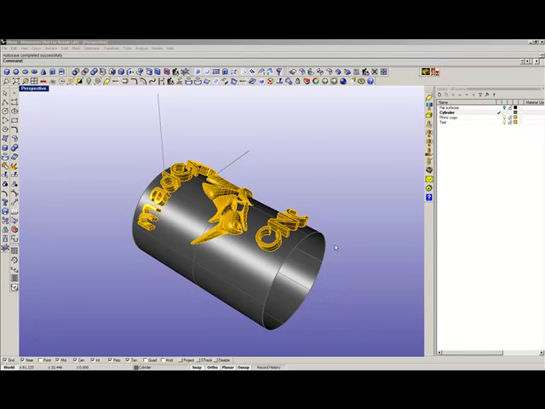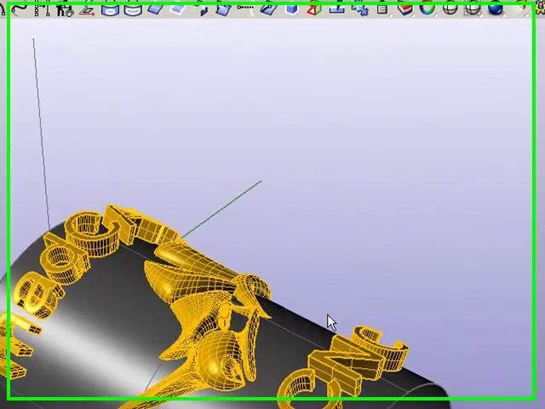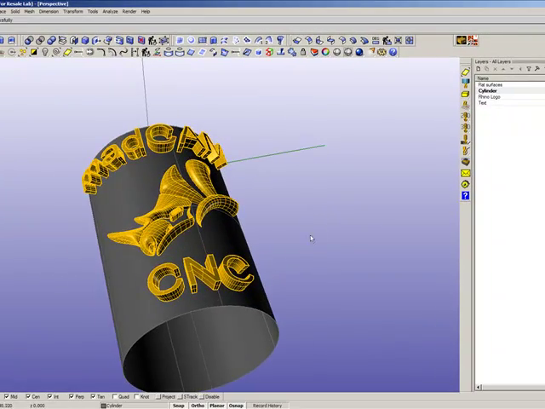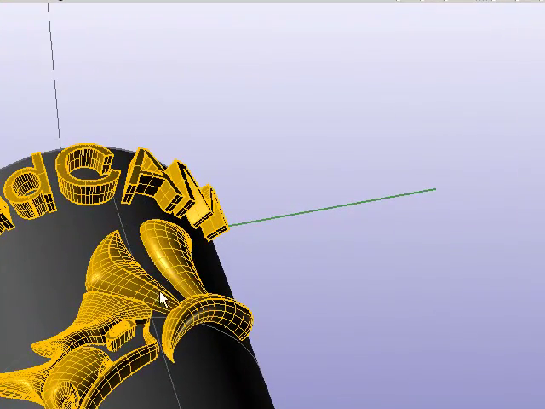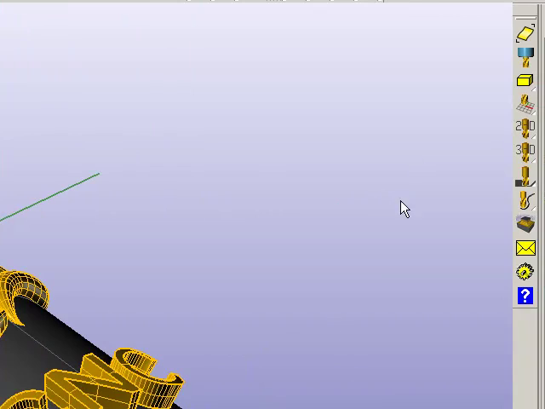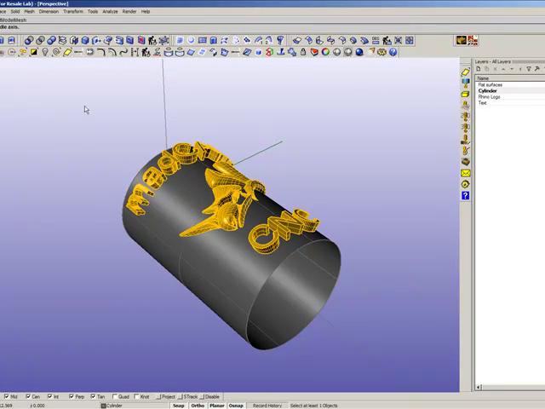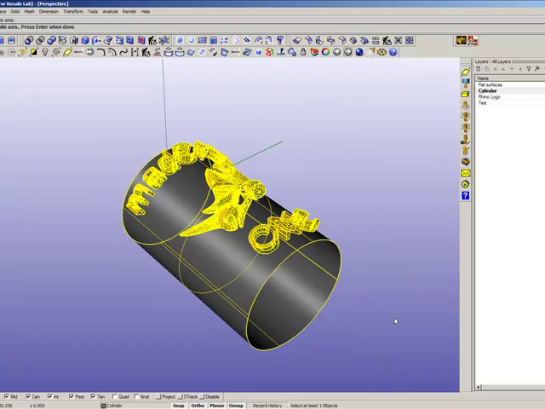Let's take a look at madCAM and how to use it for simultaneous 4-axis. Here we have a model with the madCAM text and the Rhino logo wrapped around the cylinder shape. So, first thing to do is to select the model for madCAM,